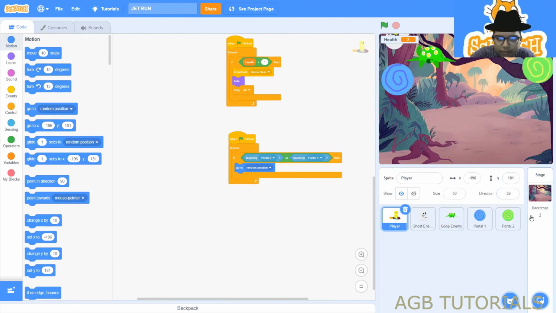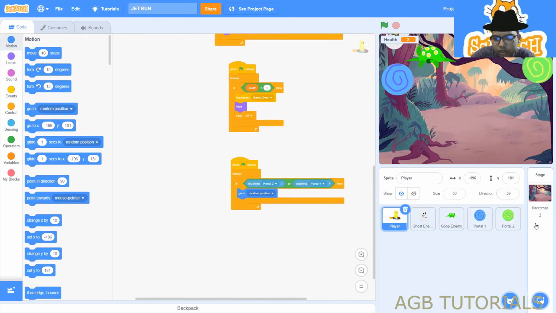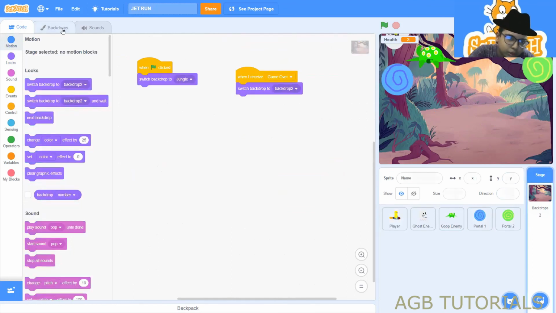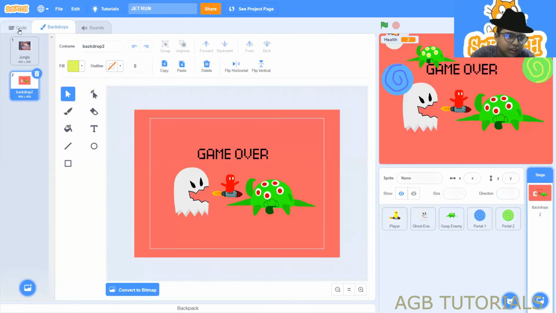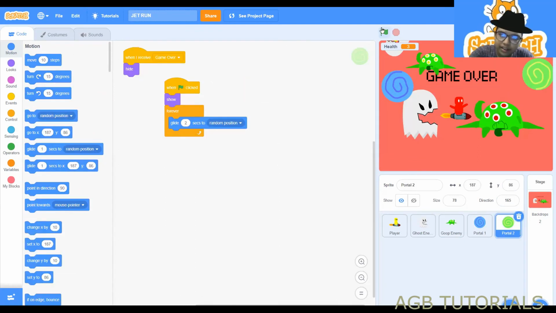So now let's make it so that when the player's health is 0, it changes to the game over backdrop. So for that, we have this code right here. Now if you see our game,